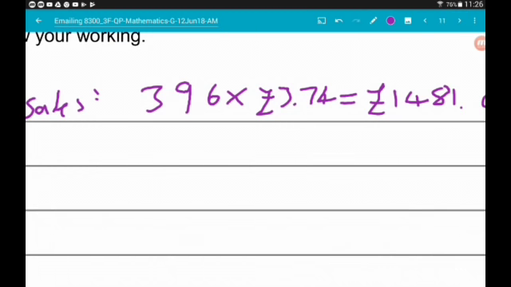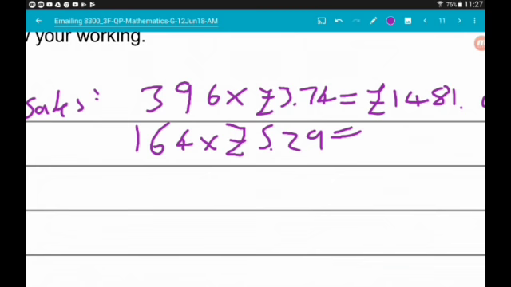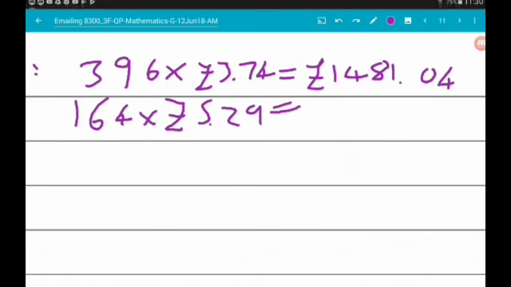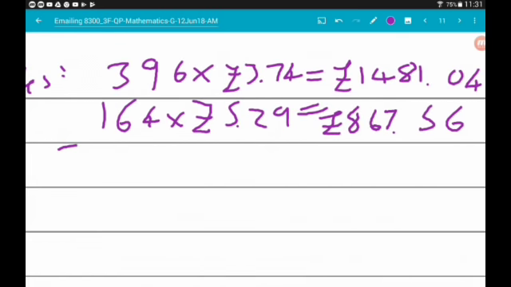So, we need to do 164 times £5.29, and that is going to give us £867.56p. So, now that we know those two numbers, we can work out our total